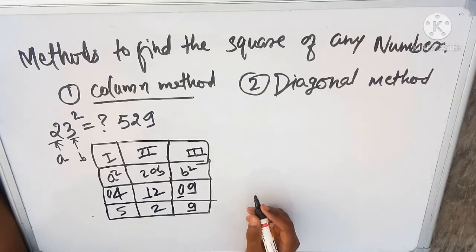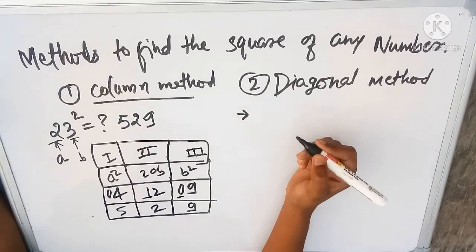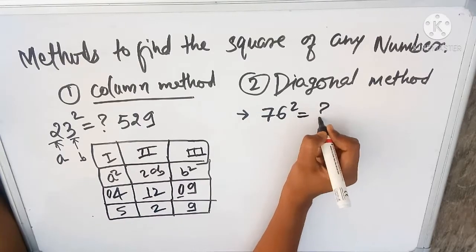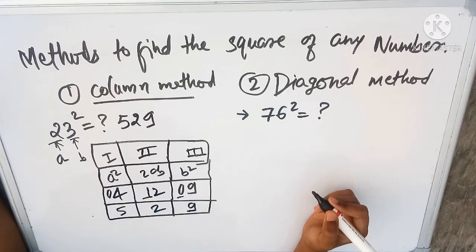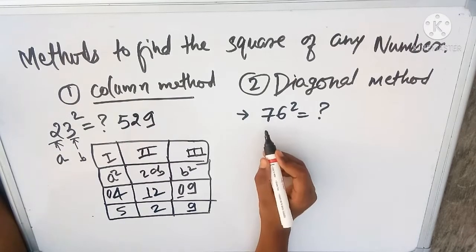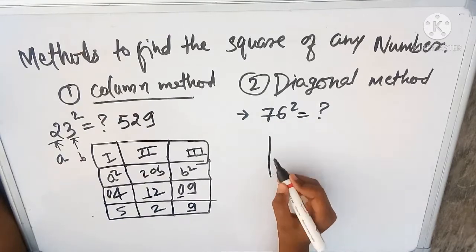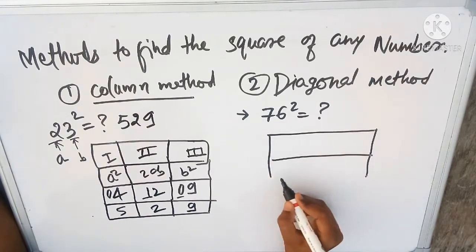Now let us move to the diagonal method and find out how we can find the values using this method. Let us understand with an example. Suppose we have to find the square of 76 here. The first thing which we need to do is we will first count the digit of the number. We have here two digit numbers, so we will make 2 rows and 2 columns. If we have 3 digit number, then we will make 3 rows and 3 columns. So here it is 2, we will make 2 columns and 2 rows